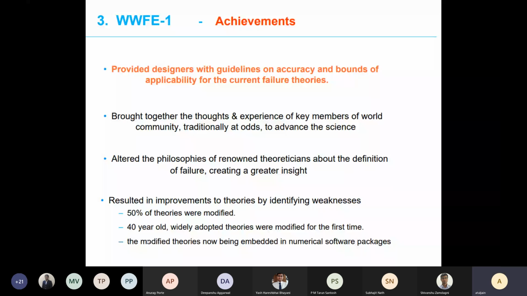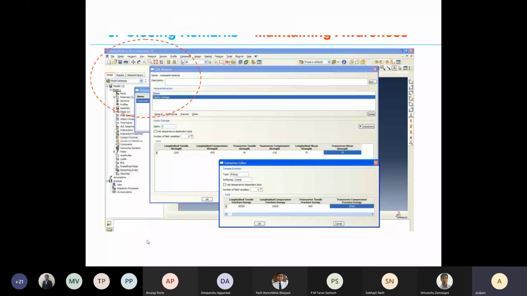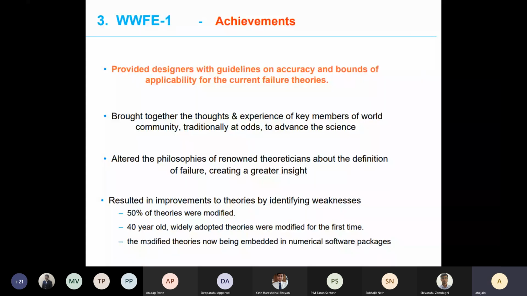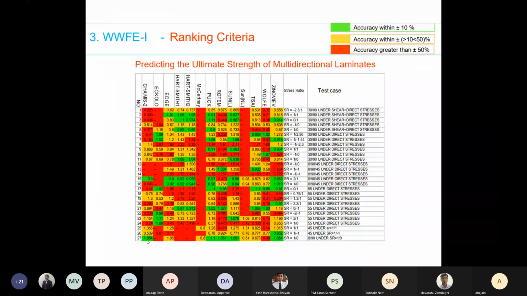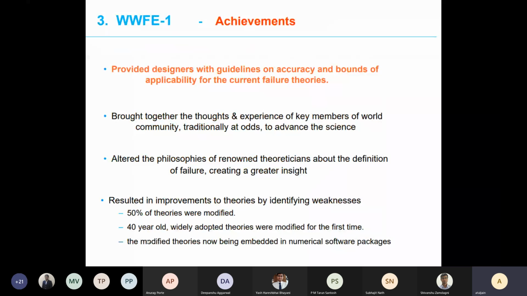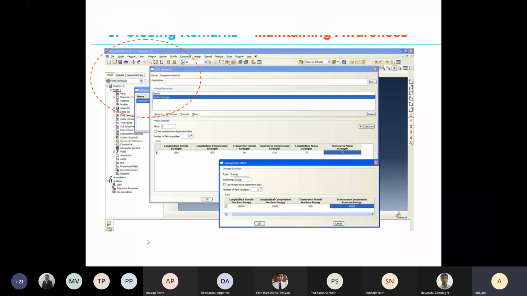Okay, so this is the different window of the Abaqus software that we have discussed, where there is Hashin failure criteria. These are the different inputs that were needed. Abaqus is perhaps the most common software that is used. Surprisingly, Hashin did not participate in the worldwide failure exercise. If you see the list of names, Hashin is not here. Hashin was invited, of course, but he refused to take part. And this is the email that he has written.